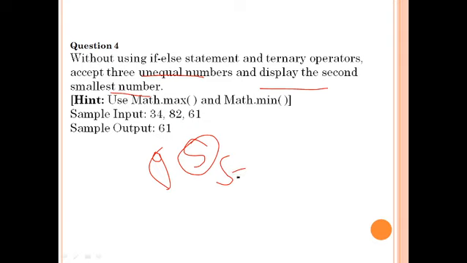So the sum will be a plus b plus c. The sum of these numbers is this one, but the greater is 82 and the smaller is 34. Now from the sum of these three numbers I will subtract the sum of these two numbers, and we will get the third number. Understood? So first I find the minimum and maximum, add them, and subtract that from the sum of the three numbers. Let's see the program for that.